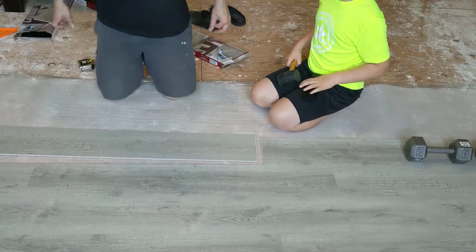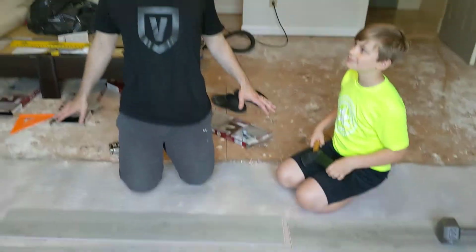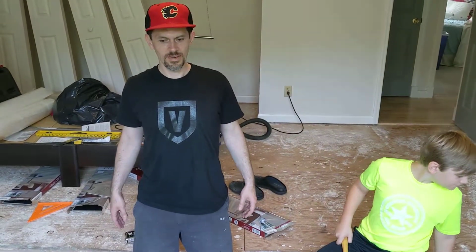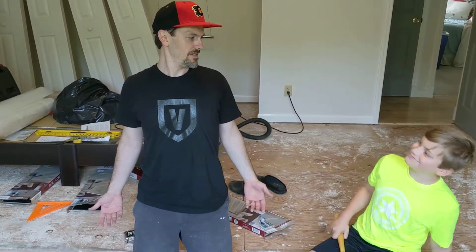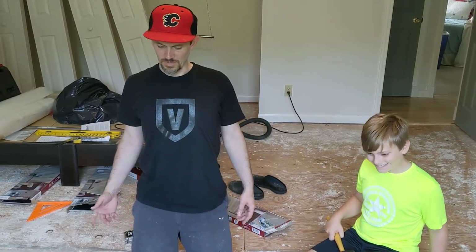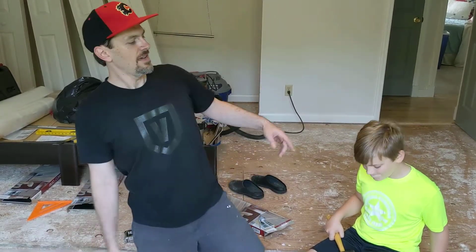Okay, so we're installing vinyl plank. This is a floating floor, and it took me a couple of courses to figure out the technique that worked. There wasn't anything on YouTube that was really helpful. The trick is having